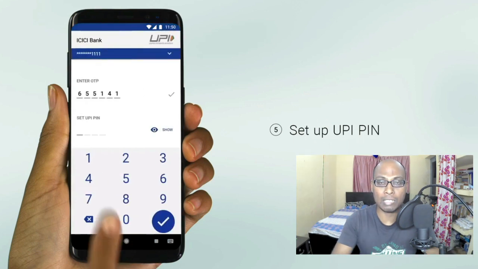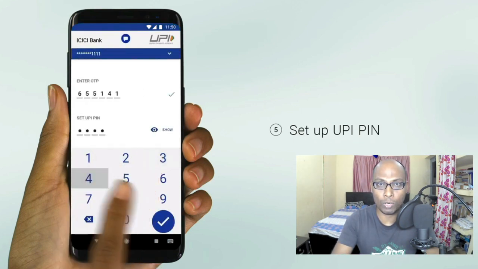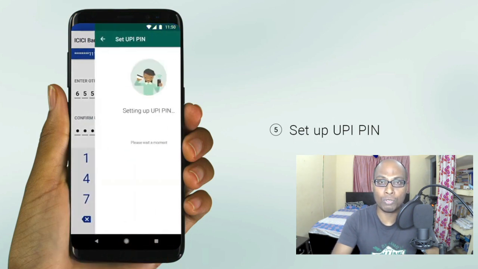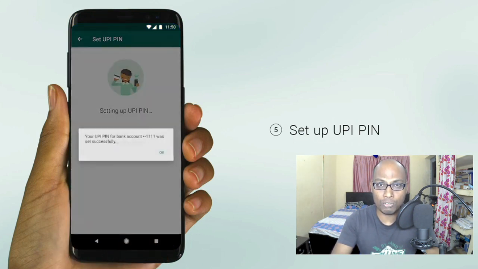And one more thing is, if you want to transfer money using WhatsApp payment, the person to whom you want to transfer the money should also use this WhatsApp payment option. That means he or she should also have this WhatsApp payment option. Then only you can transfer money from your WhatsApp account to his or her WhatsApp account.